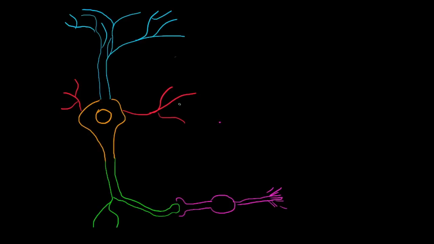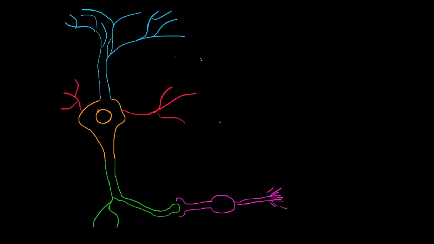The anatomy of a neuron is a little bit different than the anatomy of, say, a liver cell or a heart cell or a muscle cell. All these different cells have different properties and different proteins and genes expressed that allow them to differentiate from each other. So as you can see here, I've drawn a neuron,